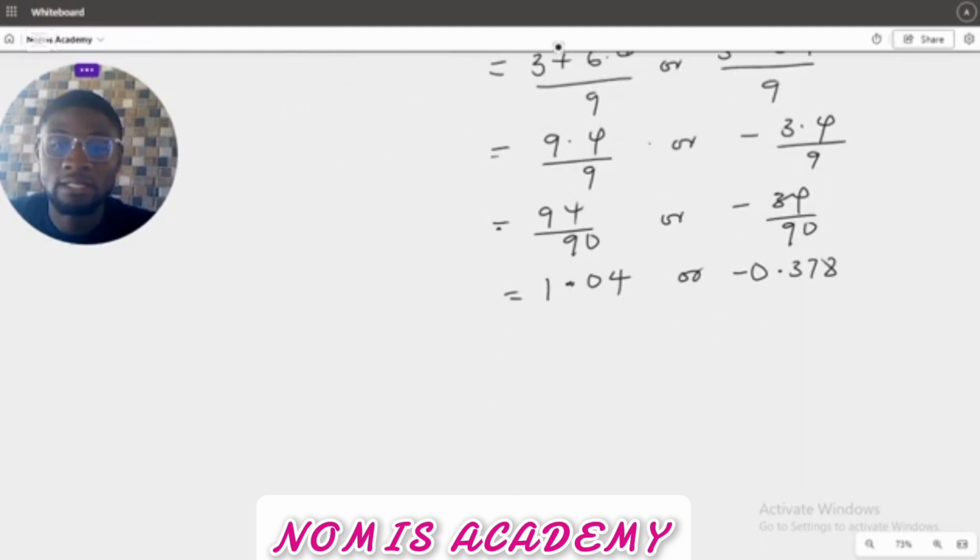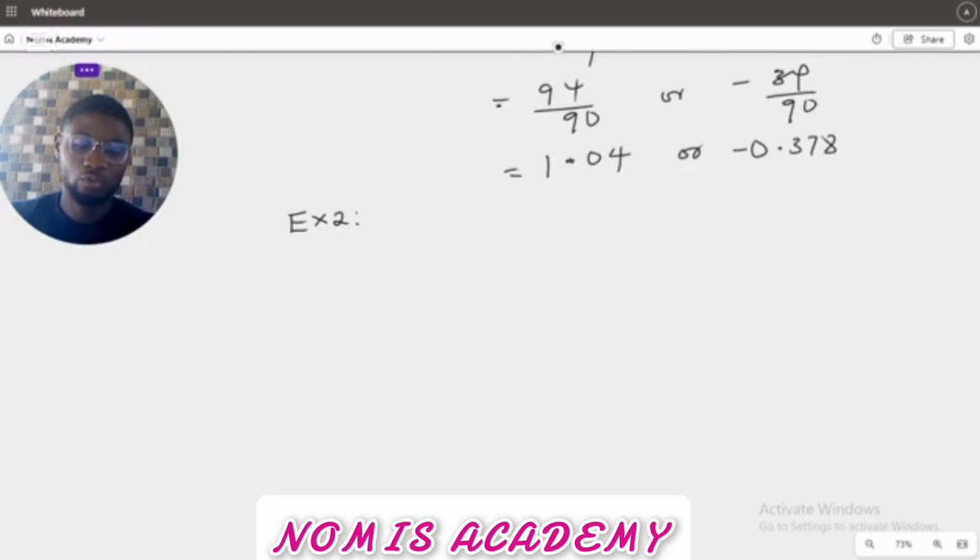Let's take on another example. Example 2. I want to bring to your notice that sometimes a quadratic equation does not directly look like a quadratic equation. So you are expected to rearrange it to make it look exactly like a quadratic equation. An instance of that is this question I'm going to take now. Solve